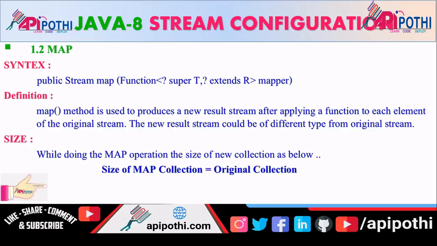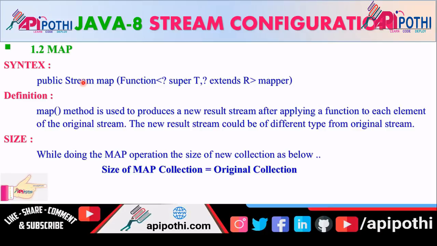So map, what it is telling is that for map the syntax is the same. You will be having the map which is accepting a function as an argument, and it is again returning the stream type only, okay. As I already told you, almost all the methods of the stream return the stream itself, okay. This is the stream type.